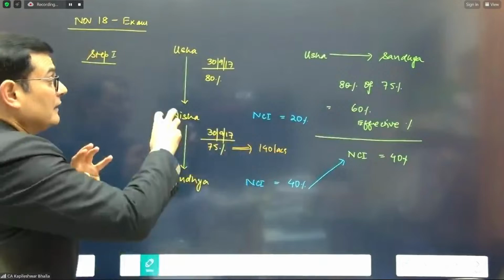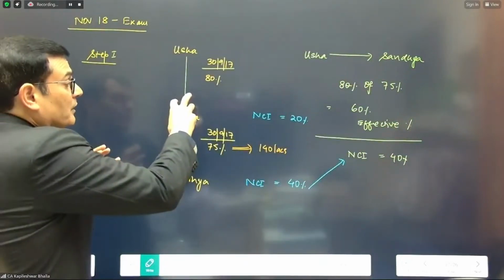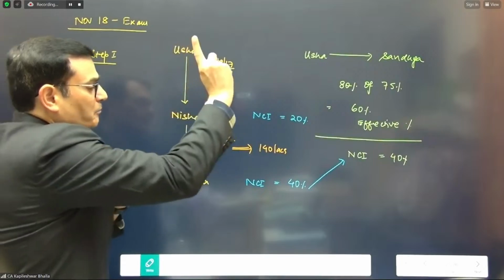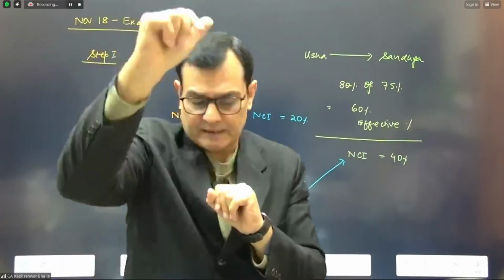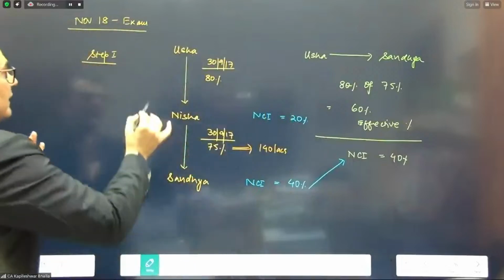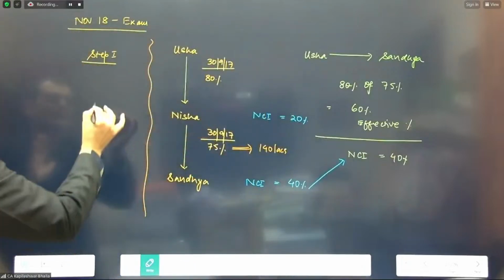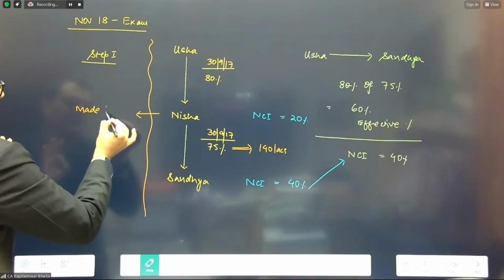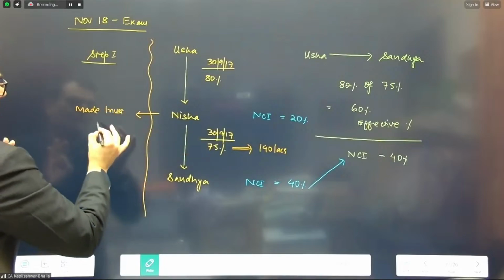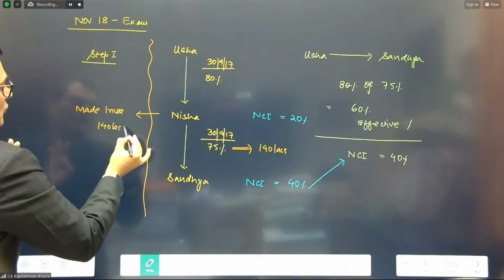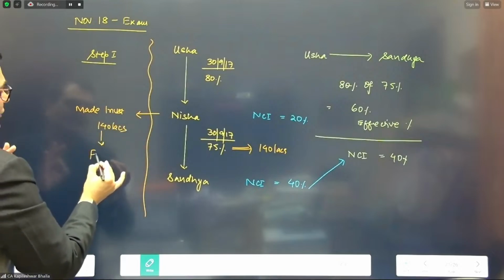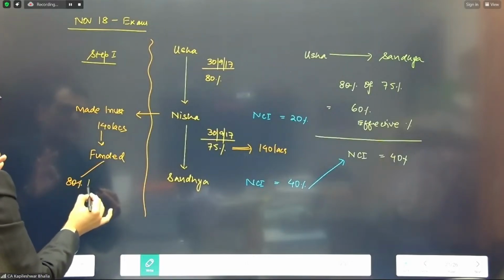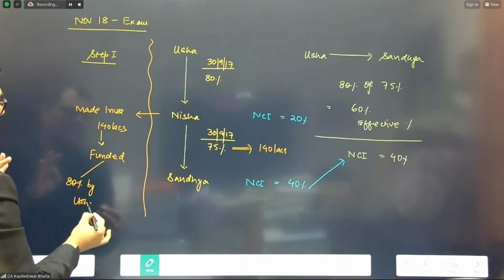Did you understand this part, that any investments which Nisha makes, 80% gets financed by the parent, 20% financed by the NCI? Vouch me, friends, then I take it further. So I'm going to put it very clear. Nisha made investment to the extent of 140 lakhs. So can I clearly say that it is funded 80% by Usha? Is that technically right to say?